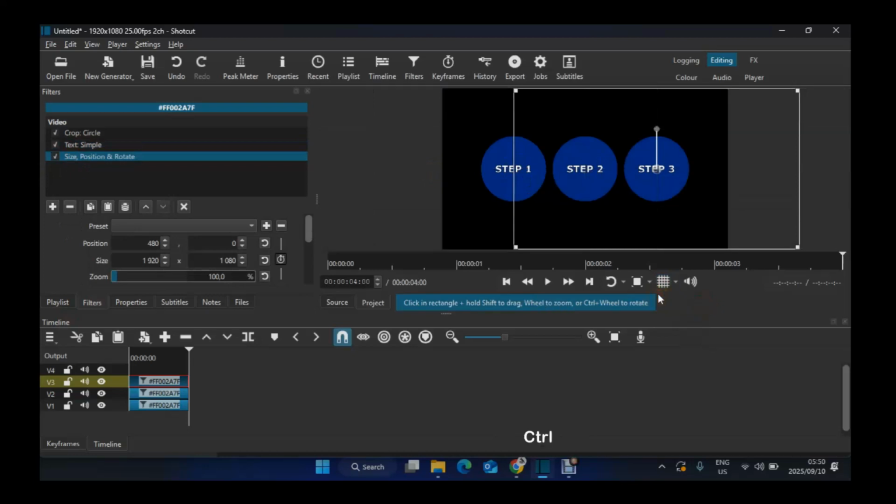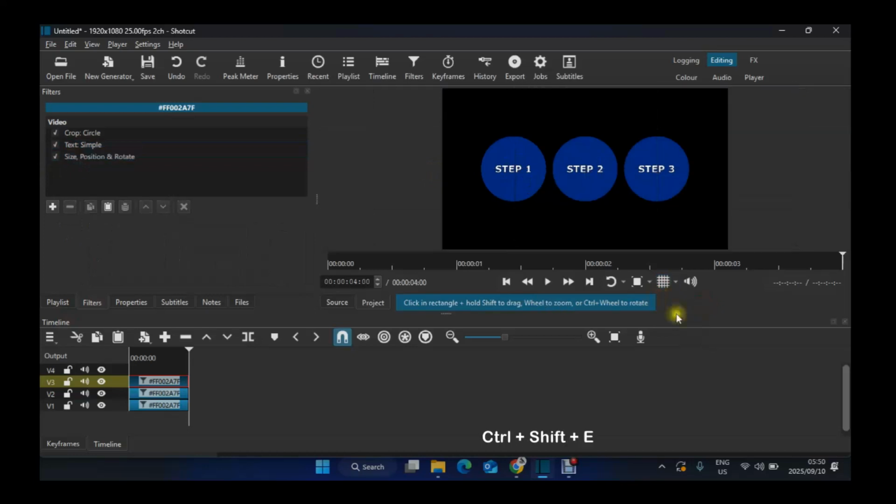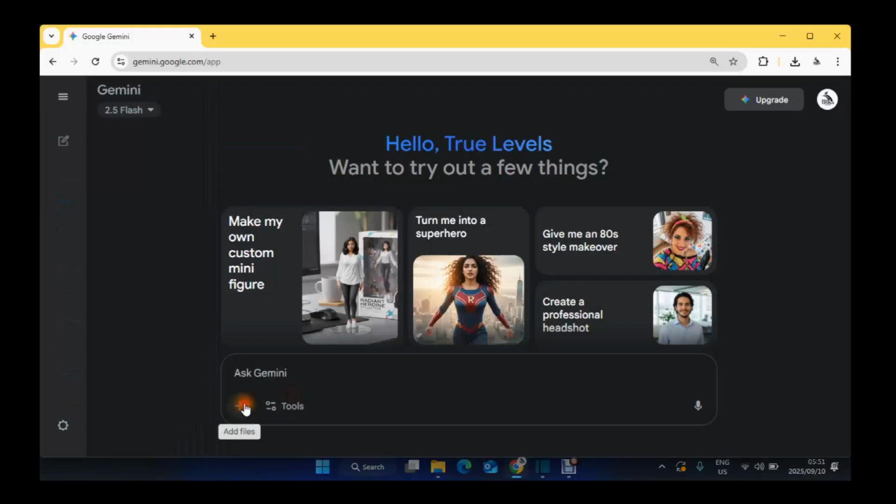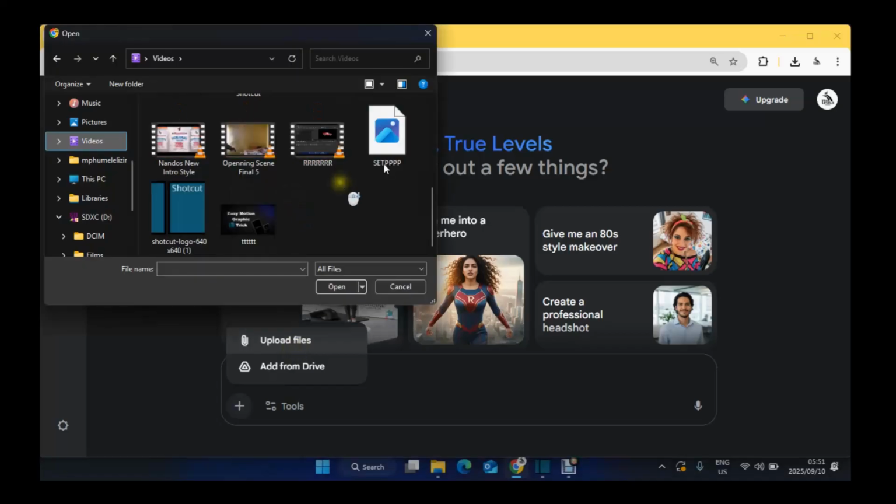Click Ctrl Shift E to screenshot. Then from here you go back to online, go straight to Gemini. Then from Gemini, come straight to that add button. You gotta upload the picture. You go straight to find the picture where it is. Make sure you go to gemini.google.com, then you go straight to the picture, then you open it,